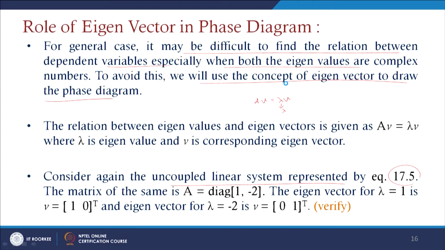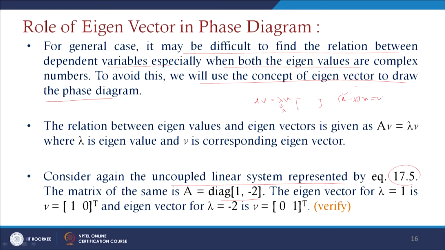And especially we are just writing here the diagonal entries, 1 and minus 2. The eigenvector for lambda equals 1: since A is the complete system we have just written, we can write this as (A minus lambda I) times V equals 0. So, if you subtract lambda from the diagonal elements, like A minus lambda I, since A is a matrix here,